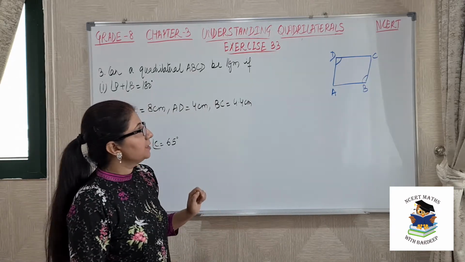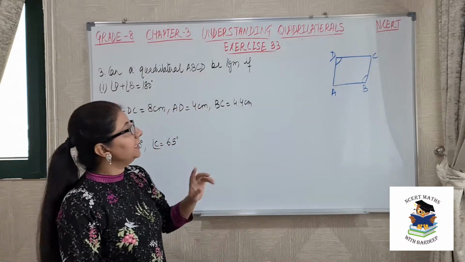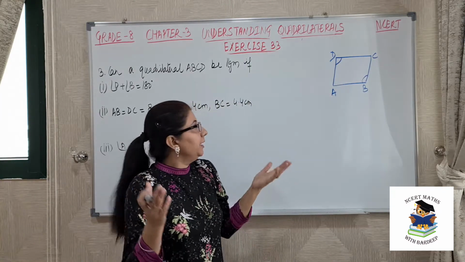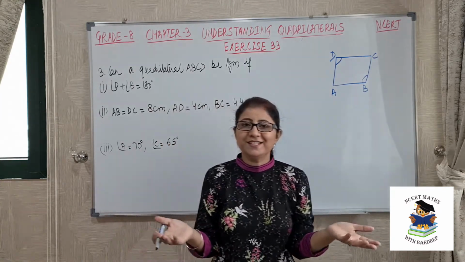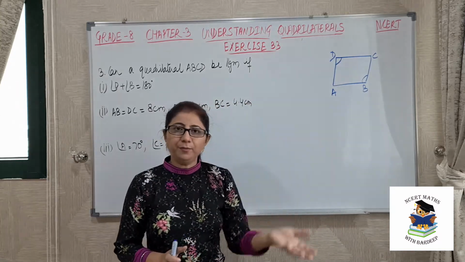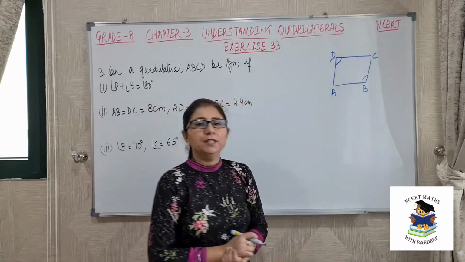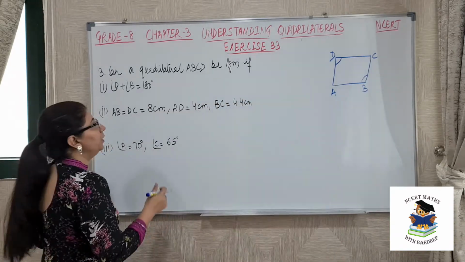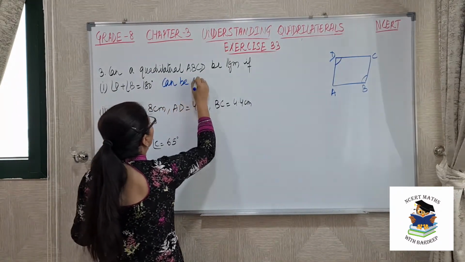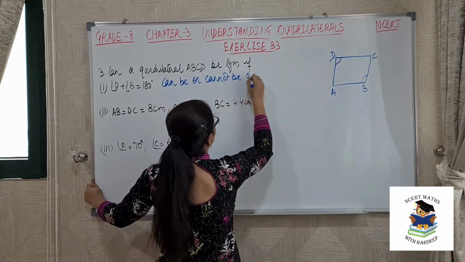In this case, it can be possible, it cannot be possible, because the main thing is opposite angles should be equal. It can, if they are 90-90 each, then we can say they are 180. But the main condition is they should be equal. It can be supplementary, it cannot be supplementary, but the main condition is they should be equal. So what will we write? It can be or cannot be a parallelogram